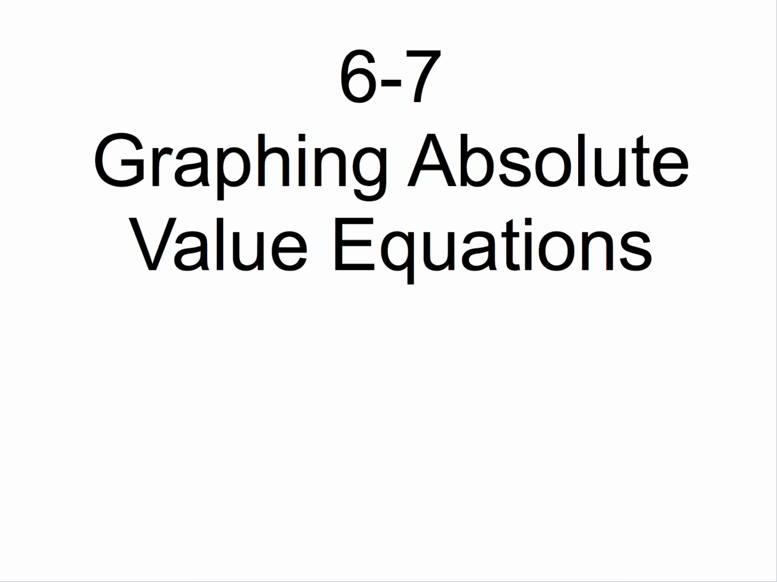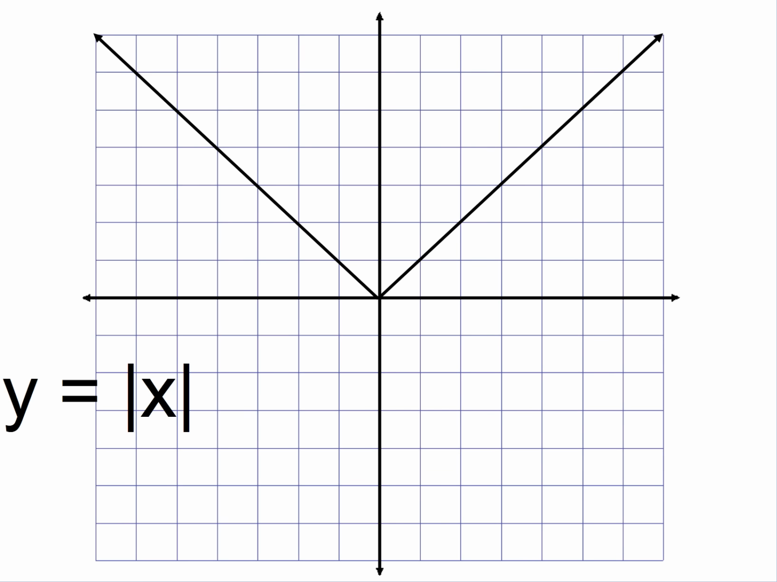Today's lesson is on Chapter 6, Section 7, Graphing Absolute Value Equations. So first let's look at our starting point. This is our graph of y equals the absolute value of x. You proved today in class that this is what this graph would look like, and just to show you again,